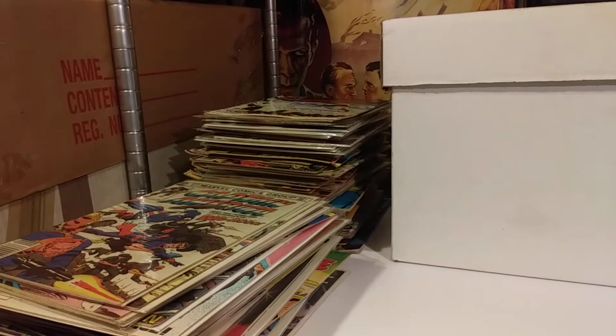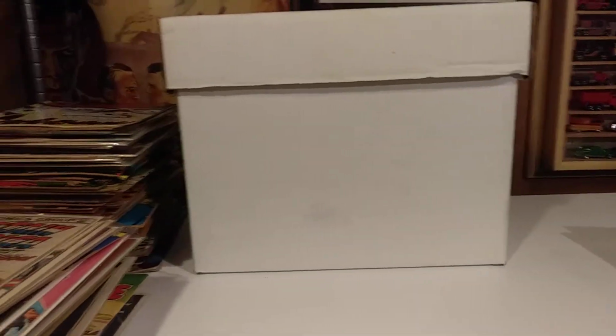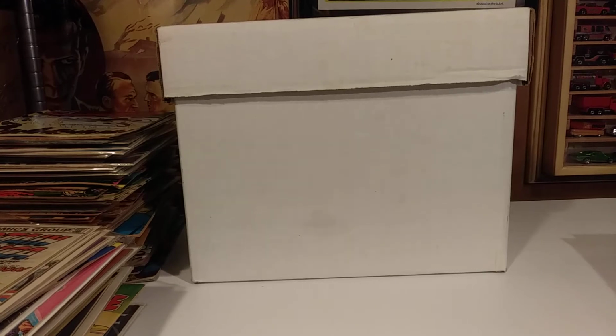So the comics for today, I'm not going to go through every single comic book that we purchased because a lot of it isn't super desirable, but it was all good stuff. So we ended up purchasing a little bit over 220 books, probably about 225 comic books, and we spent less than $1 a piece for everything,